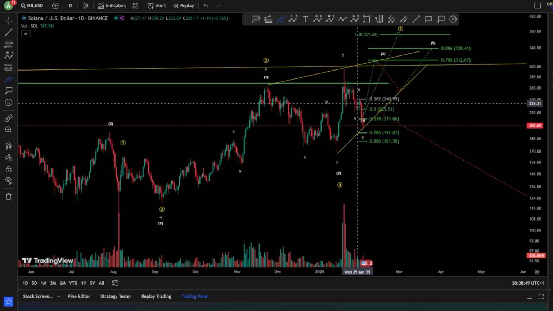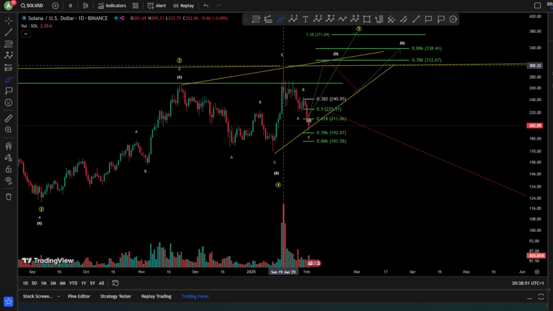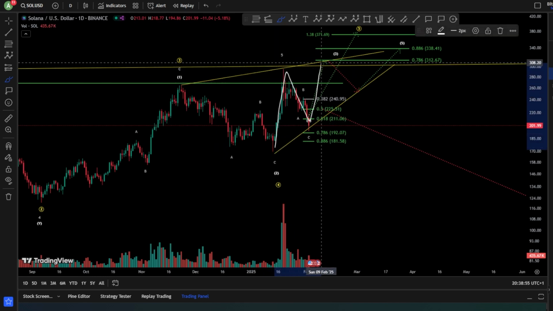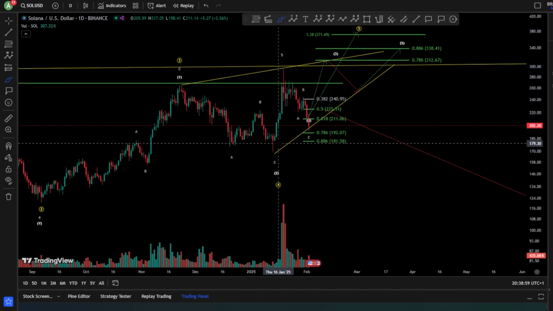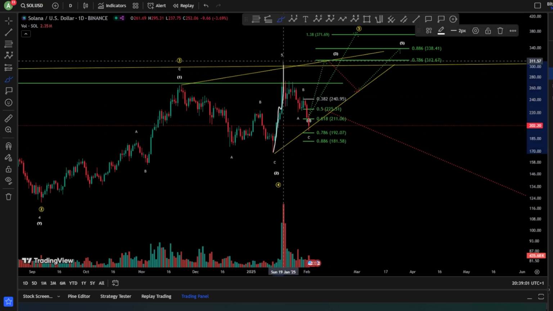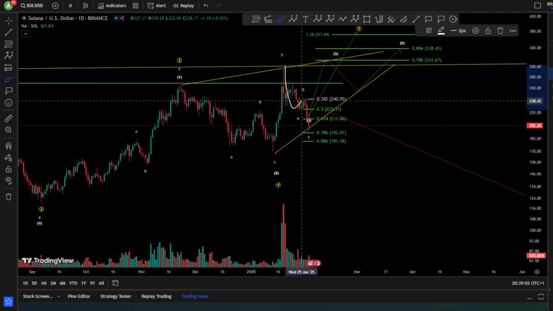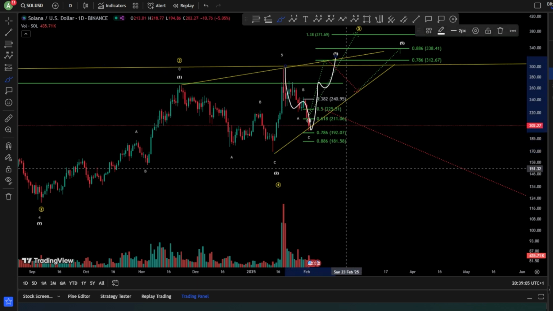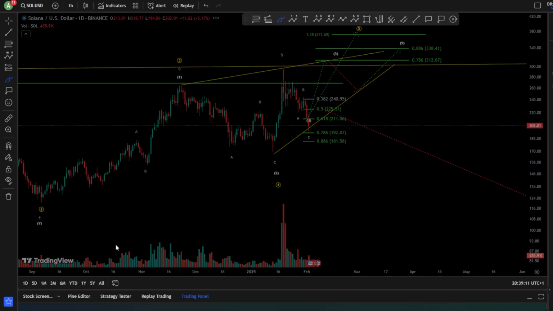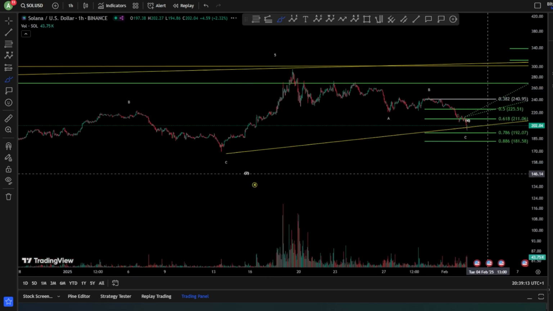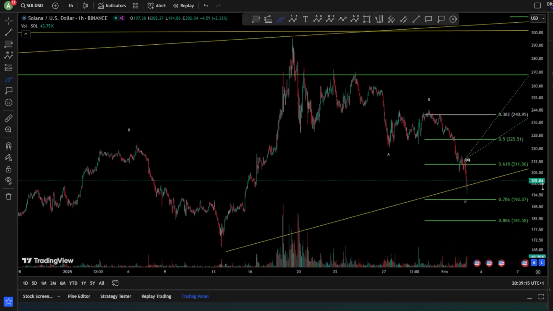It was hit, but our problem is that it was hit without looking like a zigzag. We need, of course, to see a zigzag toward the upside, 3 waves. This is just one leg toward the upside. However, internally, it can be a zigzag, of course, and it can be our wave 4 and one more wave toward the upside for a wave 5, but I don't like to see, of course, a one-leg wave toward the upside. So if we go to the 1 hour chart to see this one, if we take a look,